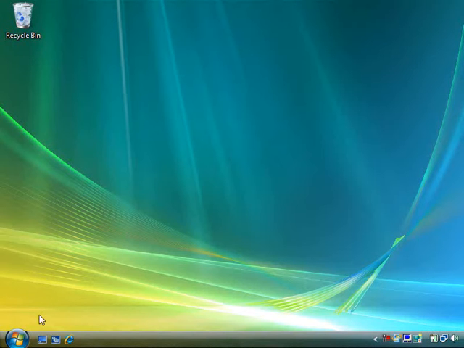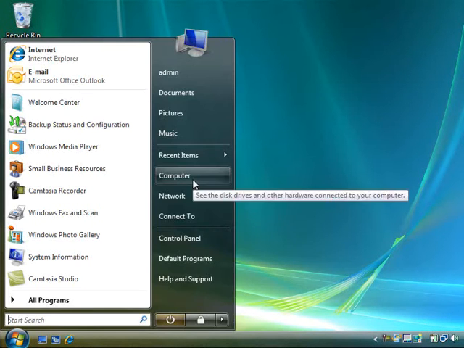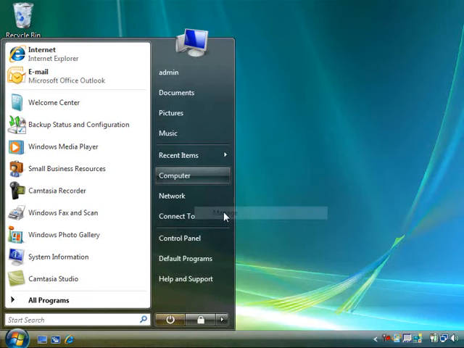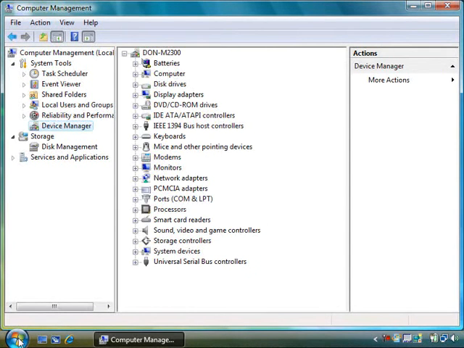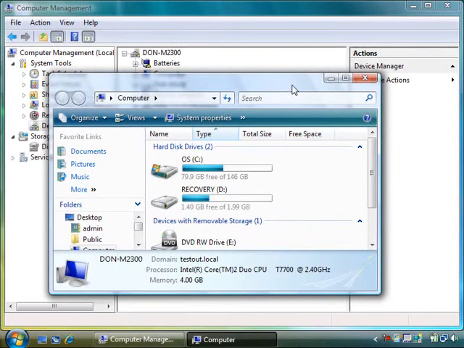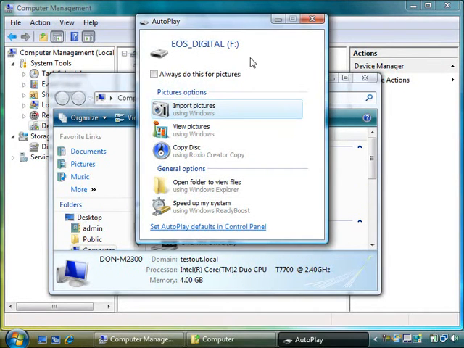Let's start by going to Device Manager. And I'll also go and open up my computer just to see the drives that are currently installed. Okay, I have a media card reader that uses a USB interface, and I'll insert the card reader into a USB port. Notice that automatically I'm shown a dialog as to what I want to do with the new drive